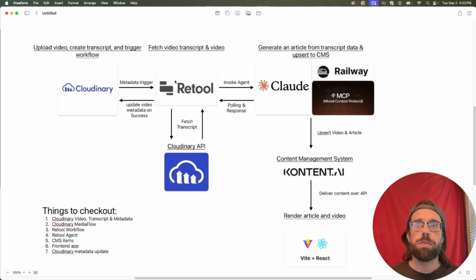We kick off a tool called Retool, which I'm going to use to connect that data from Cloudinary to an AI agent in the Kontent.ai MCP server. So in Retool, we'll invoke an agent that then processes that transcript with the intent of creating it into a first draft of an article. It'll upsert the video and article on Kontent.ai, my CMS, and the CMS will deliver that content over API to